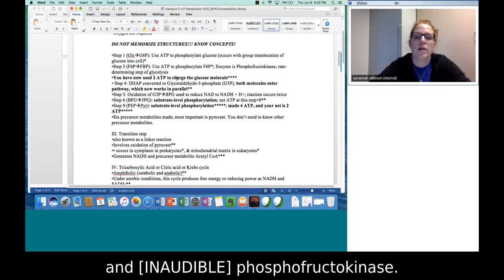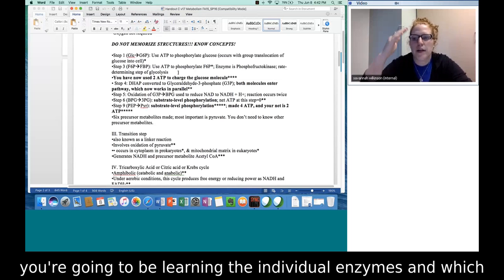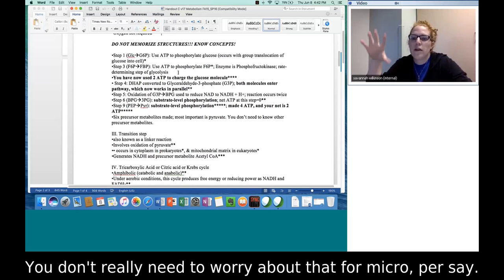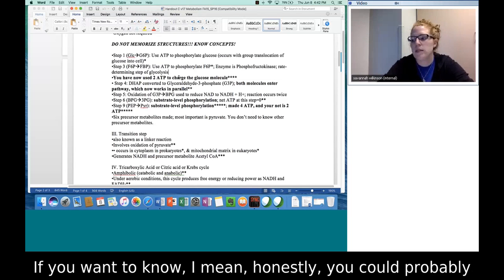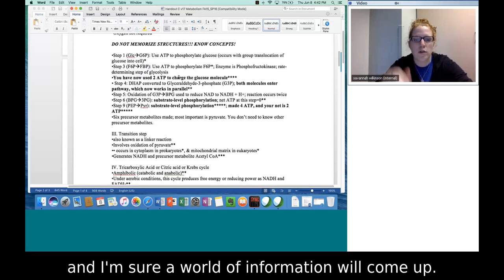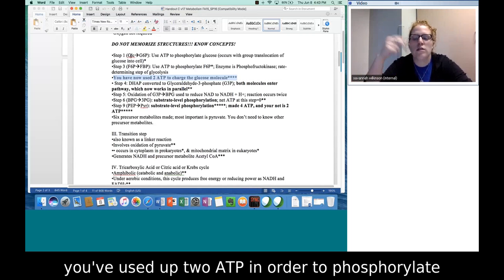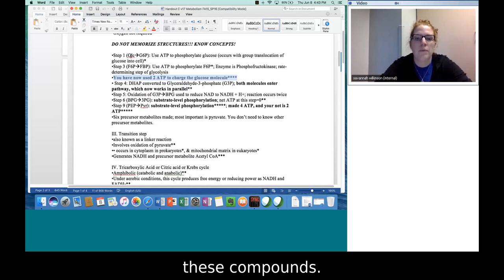phosphofructokinase, which is the rate determining step of glycolysis. Like I said, in biochem, for each step you're going to be learning the individual enzymes and which group is going where. You don't really need to worry about that for micro per se. If you do want to know, honestly, you could probably just Google chemical structures and glycolysis, and I'm sure a world of information will come up. So the point is, from the first part of glycolysis, you've used up 2 ATP in order to phosphorylate these compounds, okay? Then